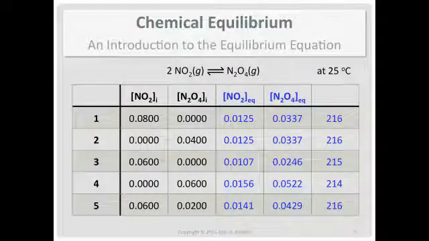This is where we left off on the previous podcast. We have these equilibrium values of nitrogen dioxide and dinitrogen tetroxide, and at least in 4 out of the 5 sets of data, they're different. And yet there's some mathematical manipulation that we can do to get the values that are in the far right column.